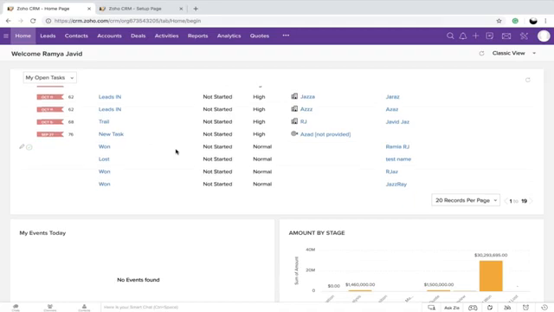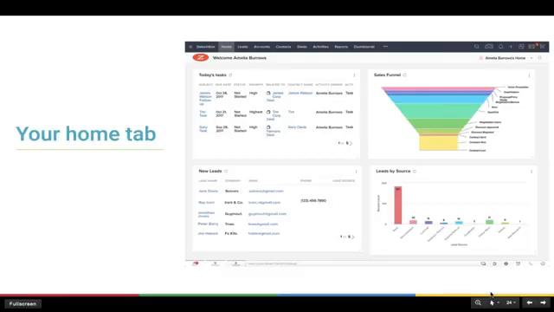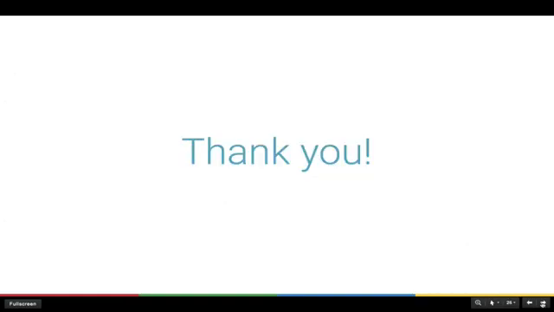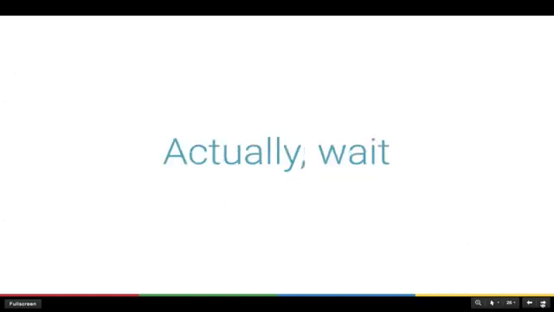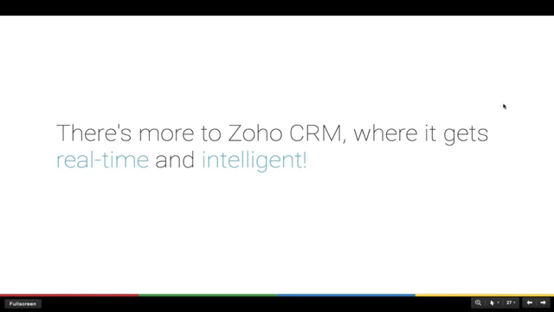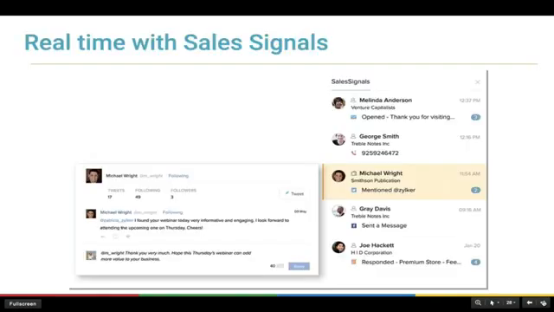All right. And thank you, but no, actually, wait for a few seconds. We have two more incredible features when it comes to Zoho, real time and intelligent. It's the sales signal, the real time sales signal. The sales signal feature in Zoho CRM provides you